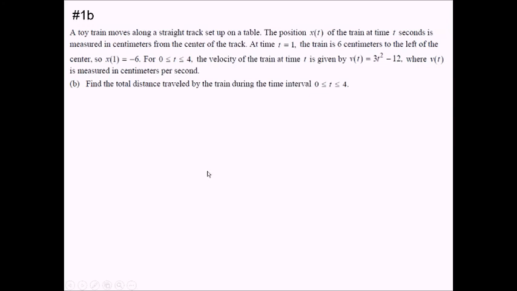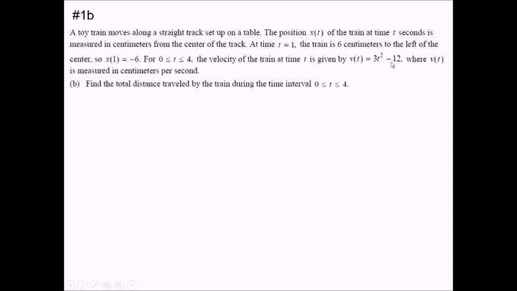For this part of the problem, they want the total distance traveled by the train on the interval from 0 to 4. So the key here is figuring out whether or not there are direction changes. That's what makes it total distance versus just displacement. To find direction changes, I need to look at my velocity, which they gave me here, and figure out if there are any critical values, and then do a little sign analysis